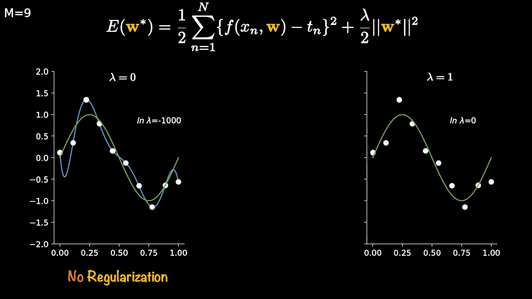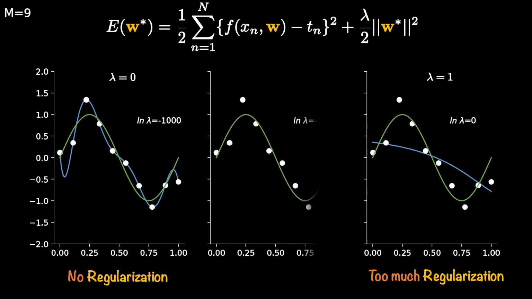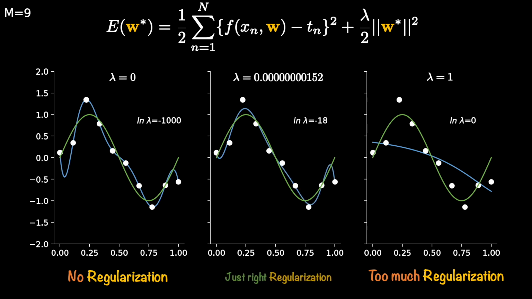The other extreme example is when the value of lambda is 1. In this case, the model fails miserably. We can say that this is too much regularization. And in the final case, we use a very small value of lambda and the curve shows up quite nice. It almost looks like a sine curve now. So again, please note this is for model 9.